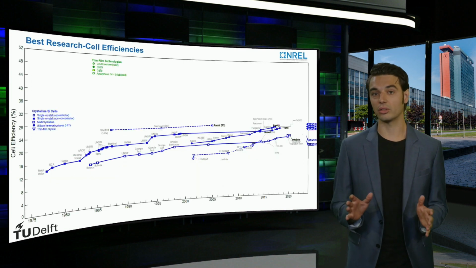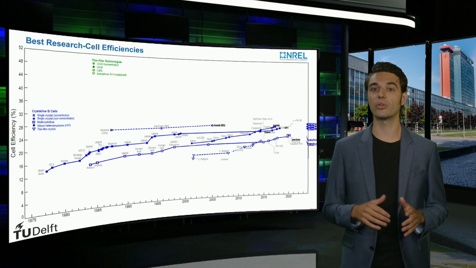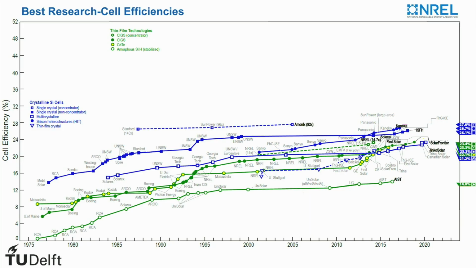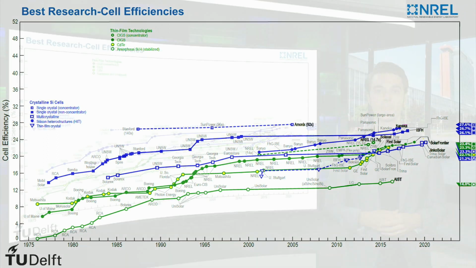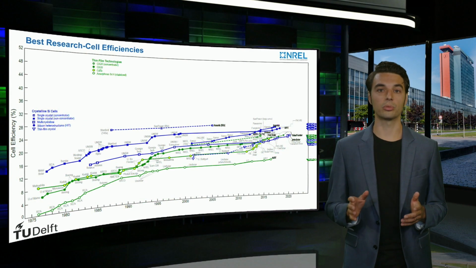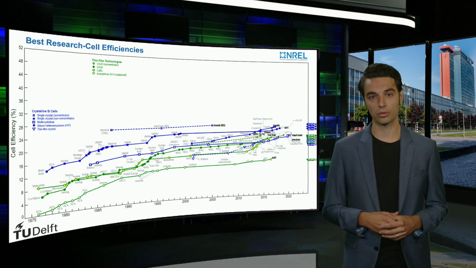The efficiency of these thin film technologies has increased steadily over the last couple of decades. The performance of CIGS and CadTel solar cells is very similar, with a record efficiency of 23.4% for the CIGS solar cell from Solar Frontier and 22.1% for the cadmium telluride solar cell from First Solar. The performance of thin film silicon solar cells is lower, with a stabilized record efficiency of 14% achieved by ICE. The addition of the term stabilized will be explained later in the course.